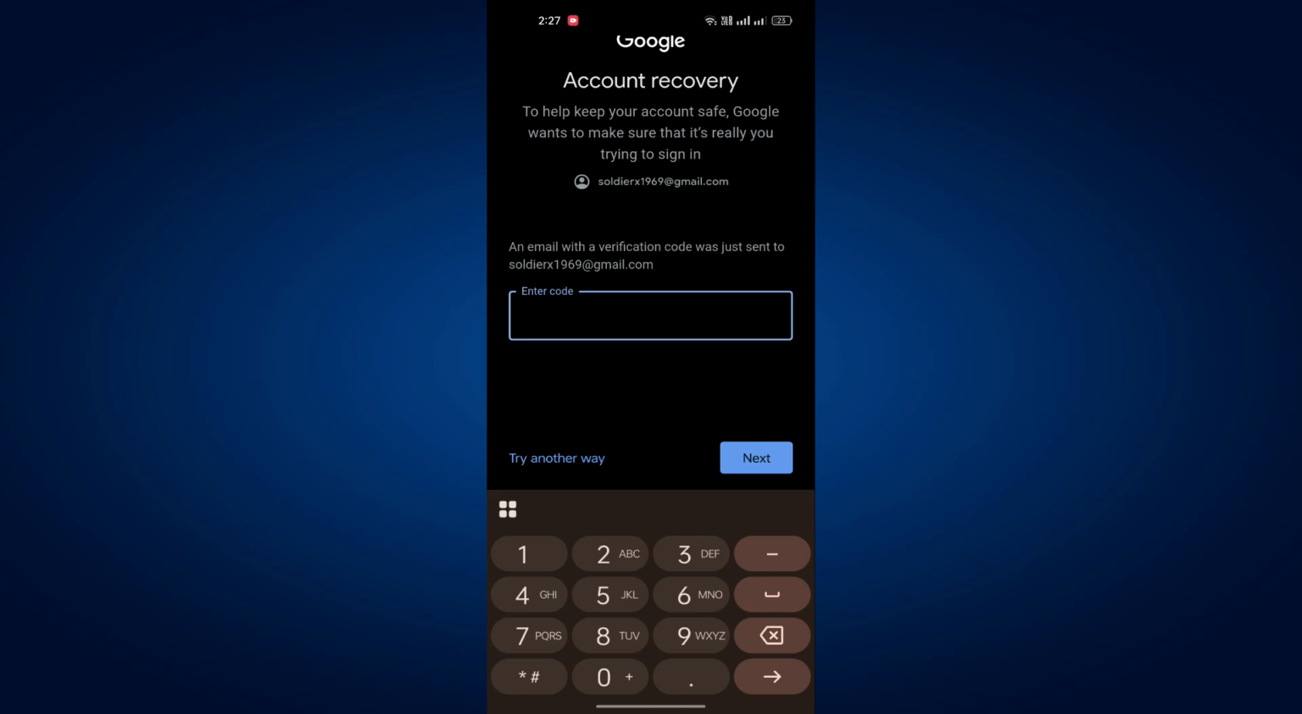Include a mix of letters, numbers, and symbols for better security. After setting your new password, you'll be able to log back into your Gmail account easily. And that's it. You've successfully recovered your Gmail password and regained